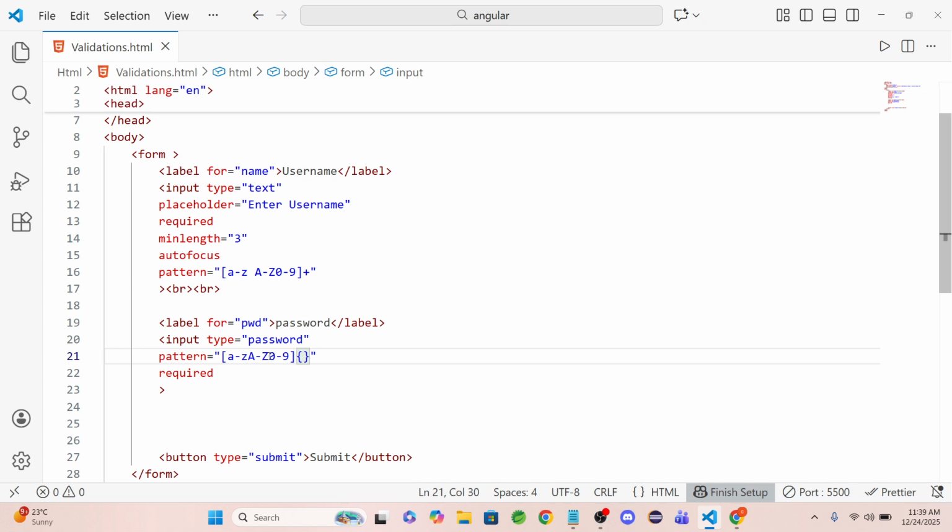Okay, and it should be the length of 4. Minimum length is 4 and maximum should be anything. Okay, if I go for this,